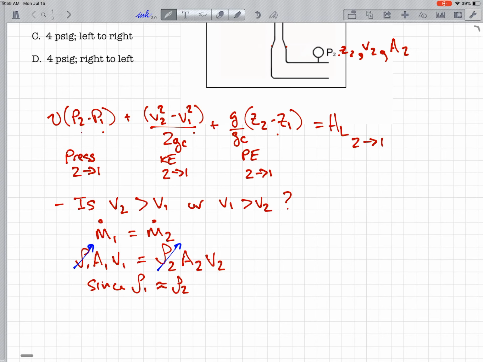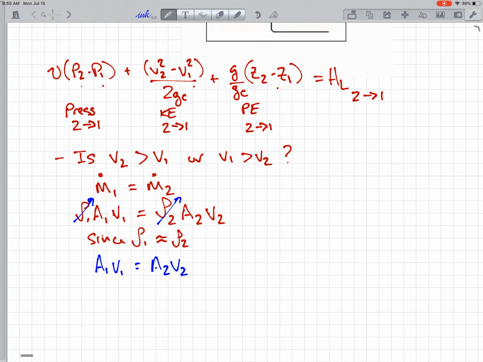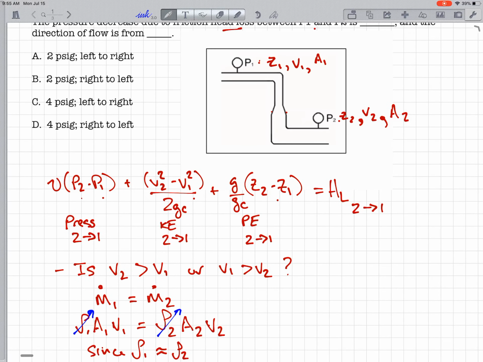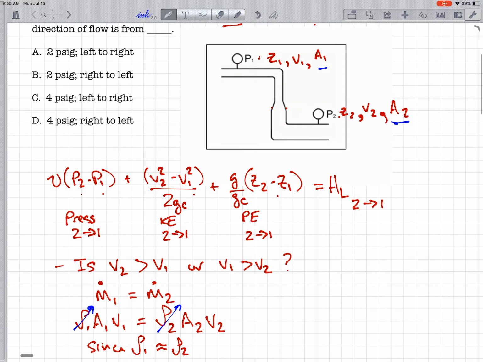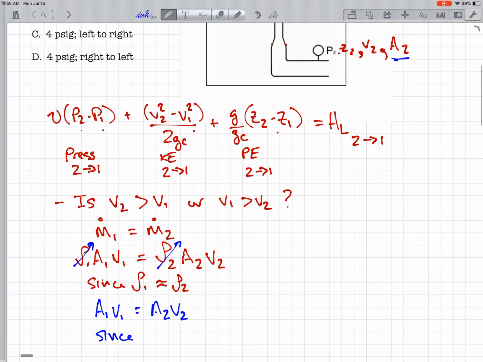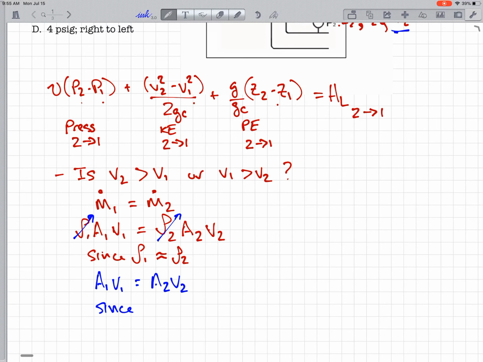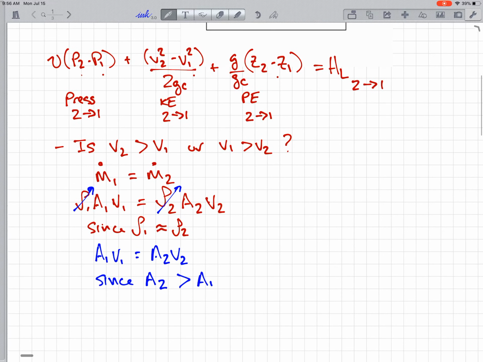Okay, so now we've got area 1 times speed at 1 is equal to area 2 times speed at 2. Now, since the area at 2 is going to be greater than the area at 1, because the diameter at point 2 is going to be greater than the diameter of the pipe at point 1, so since area 2 is greater than area 1,